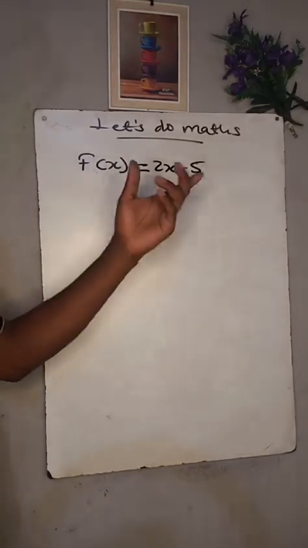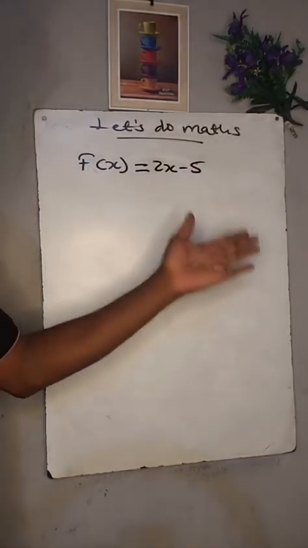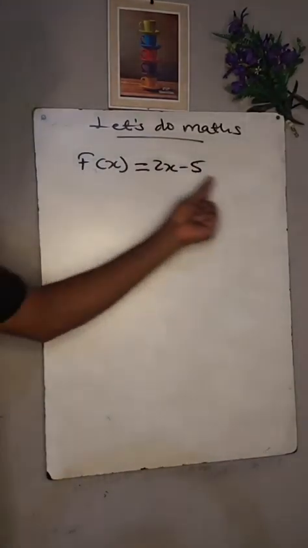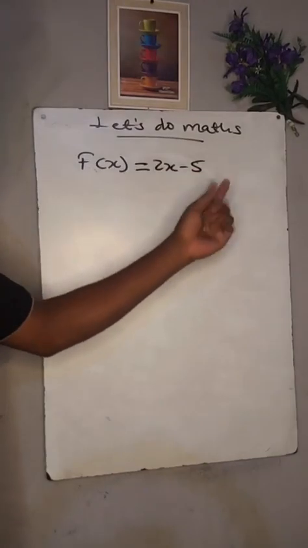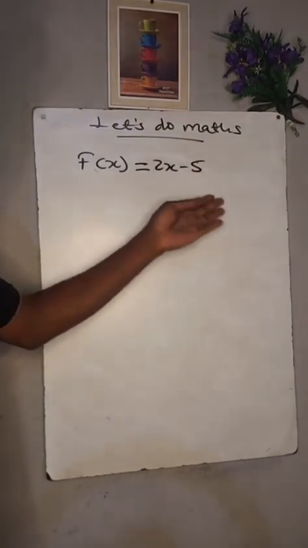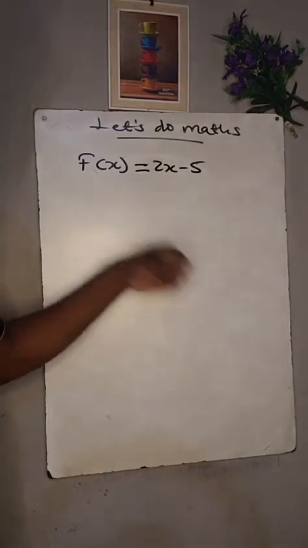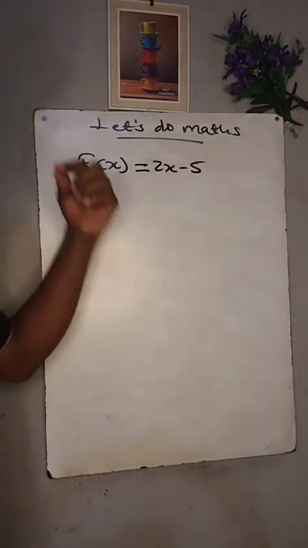y. When you see y is equal to 2x minus 5, it's the same thing. This is why when you're finding the inverse of a given function, we introduce the y. We bring in the issue of y. So when you see a quadratic function in the form of y is equal to